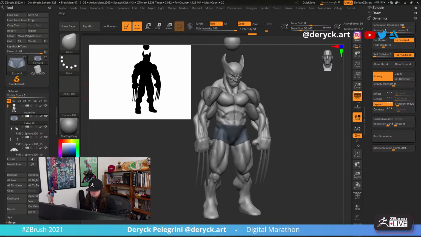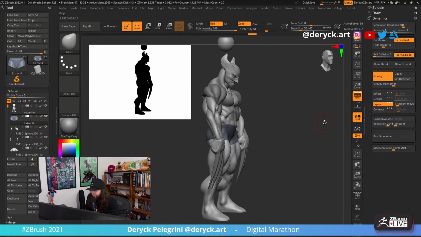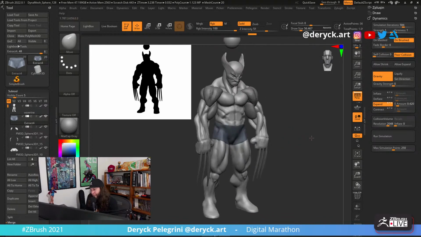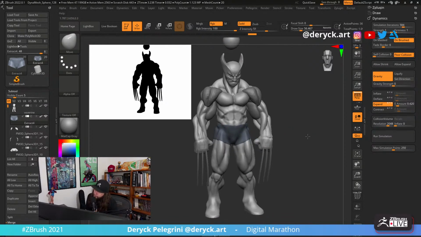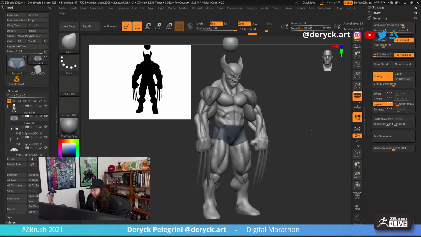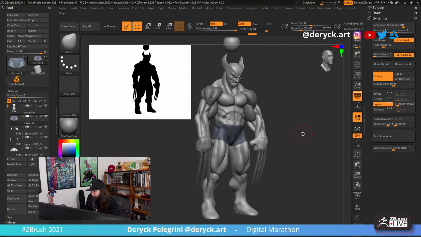What's up? Low Gnosis 47. Are those realistic proportions? I don't think so. I don't think those are realistic proportions at all. Definitely those are not realistic proportions.